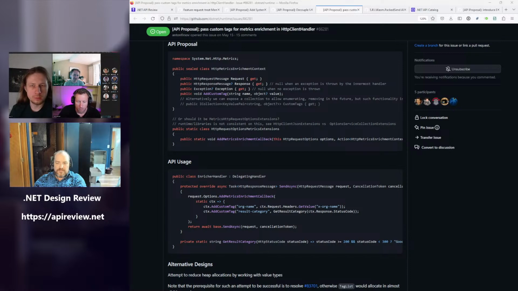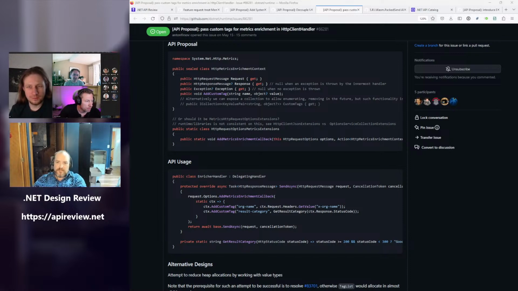I don't fully understand that last one, because whether it's an instance method or an extension method, it's still on HTTP request options. I do buy the argument that we're trying to hide it in a different namespace, and the only way to do that is via an extension method. I mean, should it not be an extension method? Just questioning. Then you can't hide it. Well, you can still hide it in a different namespace, but it could just be a static method that took an HTTP. Oh, you're not suggesting. I thought you were saying put it as an instance method.